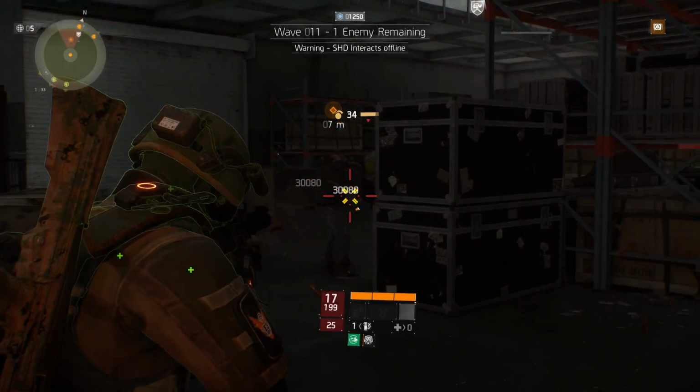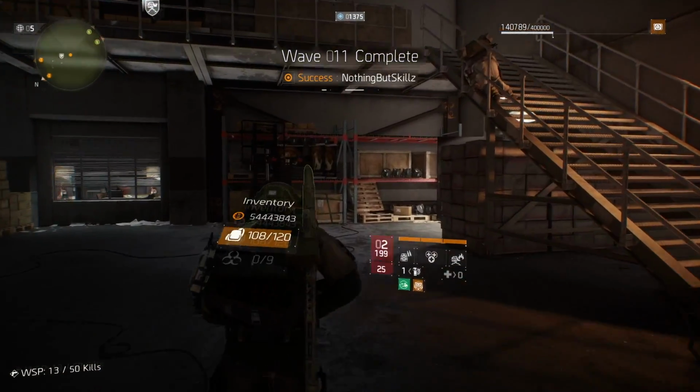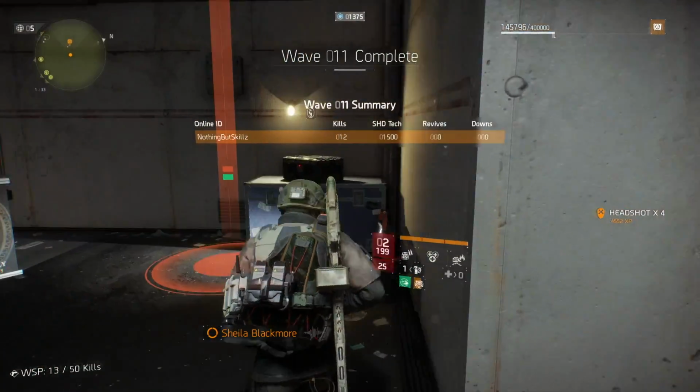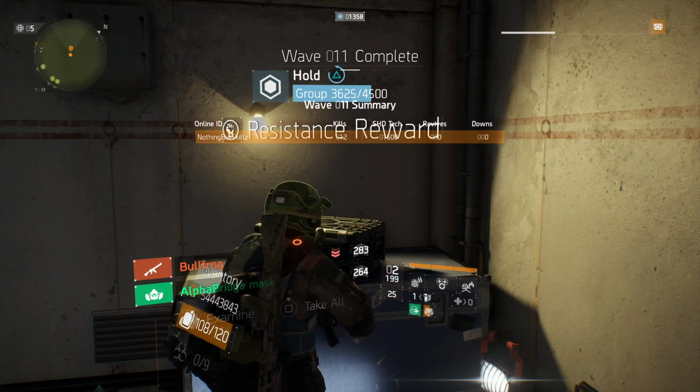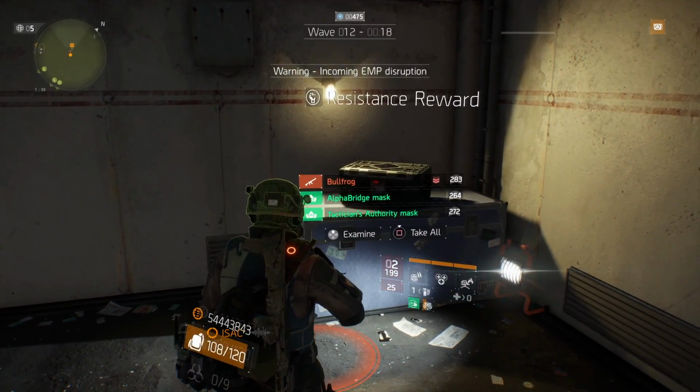So for wave 11, you have to kill all the enemies before you have access to the resistant reward cache again. Once you complete wave 11, you can use the remaining shade tech on here, open up the box again. I got a non-classified tactician authority mask, so this wasn't an amazing run,